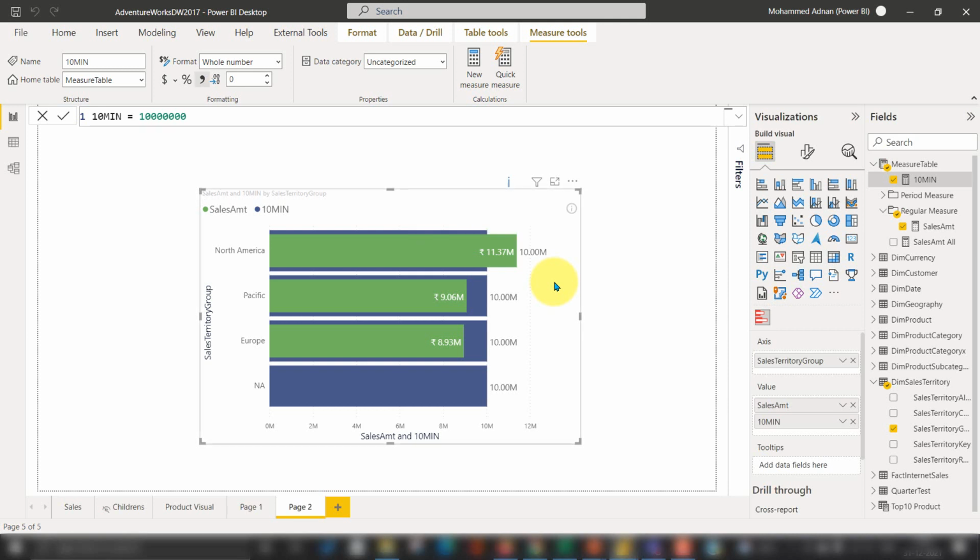But I really like this visual so that we can easily identify what is the set target and where we are right now. The only thing which I personally feel is missing is that if it goes beyond that, it can just change the color like conditional formatting. Maybe they will give this option in the latest version of this one. So this is the one which I just wanted to show you, that this is also one we can use in our Power BI reports.